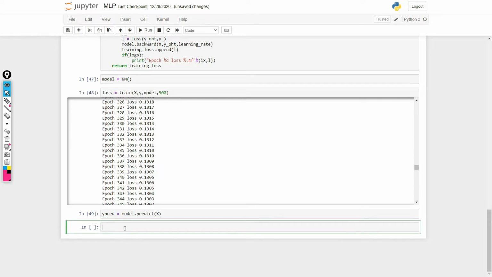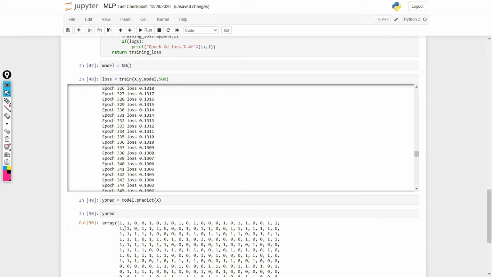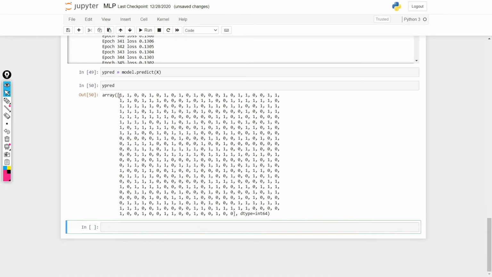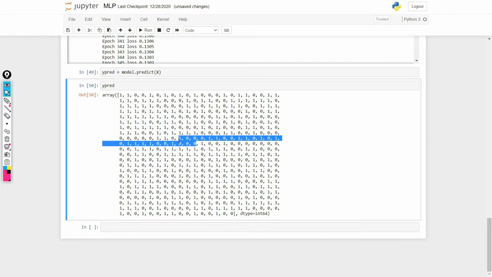So let's check the ypred. As you can see here, it is saying that the first x belongs to class 1, then class 1, class 0, class 0, 1, 0, 1, 0, and similarly like this. Here we have 3 consecutive classes as 0. Now if you want to check the accuracy, it is pretty easy.